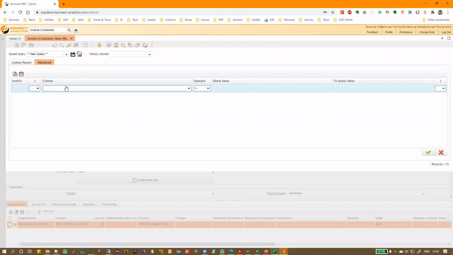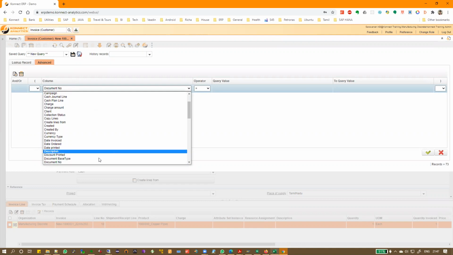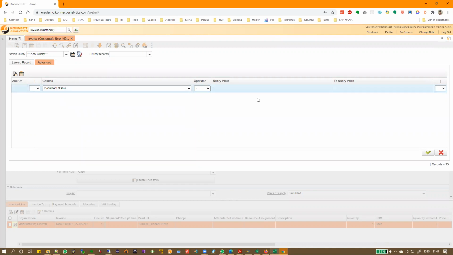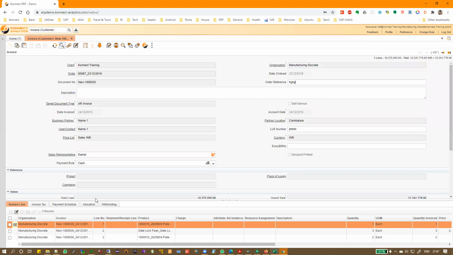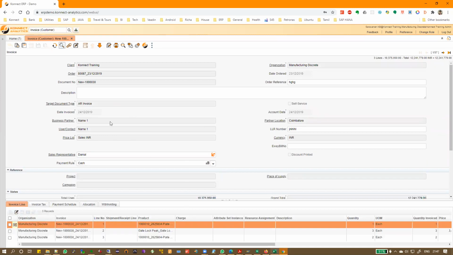What I'm only doing is going to the account mapping and changing the account mapping. That's why I'm able to repost it. The repost will not allow you to change the product, because I can only change the accounting side. I cannot change anything in this document once it's completed. For example, the customer I cannot change. But which account this customer should get posted to, that I can change.